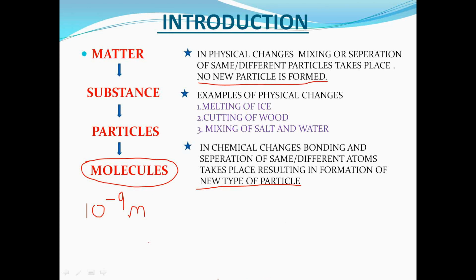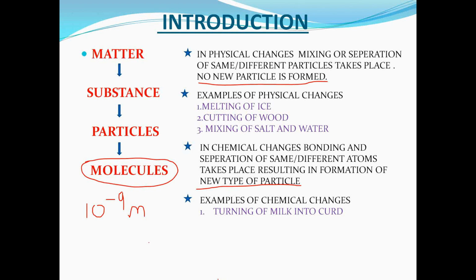Let us try to understand the chemical changes in detail with a few examples. Let us consider the first example, that is turning of milk into curd. This example you might have seen practically at your home many times. Now let us try to understand in detail. At the start, a few drops of vinegar or maybe lemon juice are added to warm milk, and it is kept overnight. What do you see early in the morning in that bowl? You see that in place of the milk there is curd.